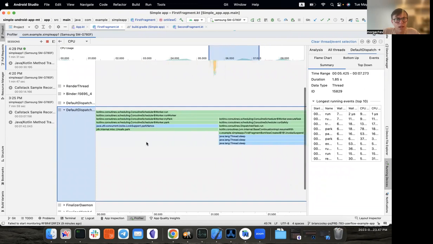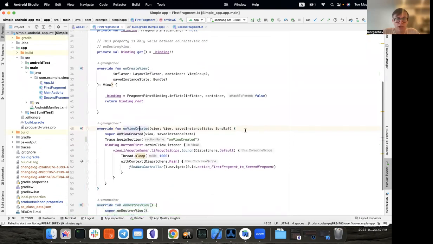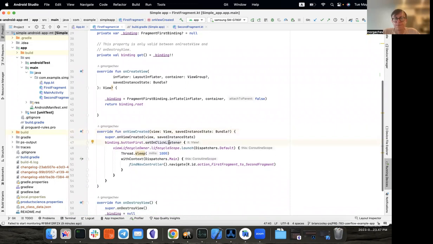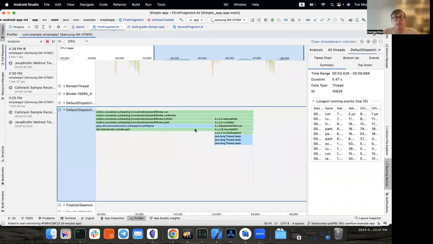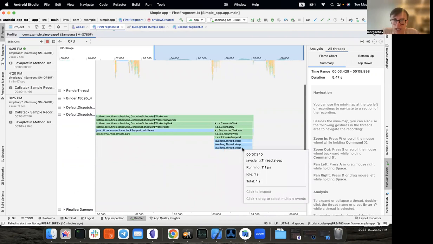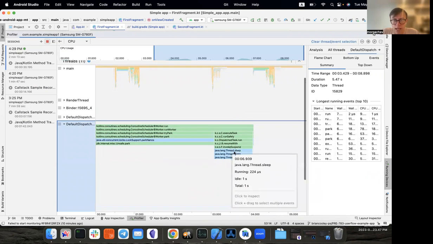So I think here I should show you the application. On view created of the first view, it just has some on-click listener. When we click on the button, we are scheduling a task in another thread, which waits for 1 second and then passes it back to the main thread. So we have a 1 second delay in the application because of that. And let's get back. We can definitely see here, in the non-main thread, that the sleep method is executed here, with a lot of